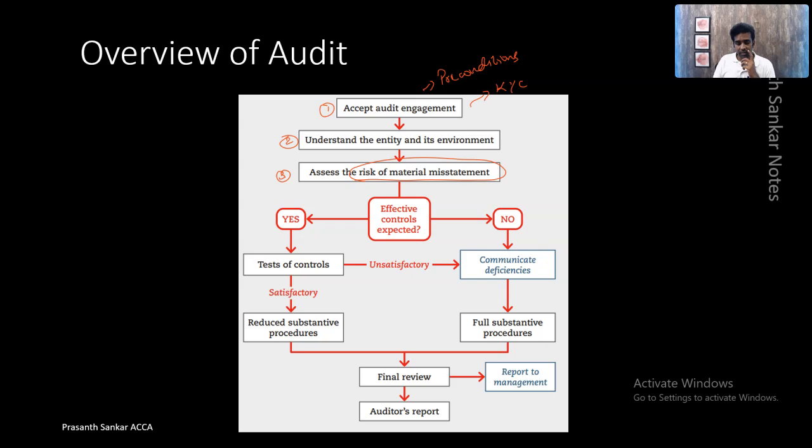The risk of material misstatement. As I told you, the objective of the auditor is to find evidence to give a true and fair opinion. He is trying to find evidence to say that the financial statements are true and fair, which means they are free from material misstatement. But his opinion could go wrong, because there would be mistakes and he might not identify the mistake.